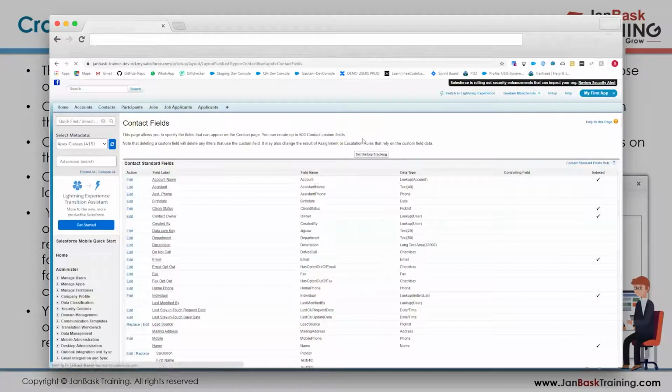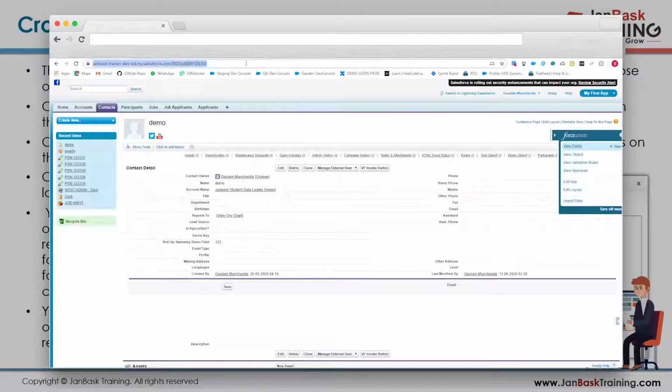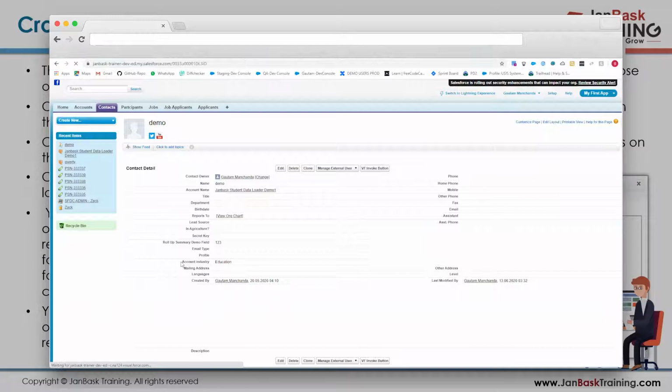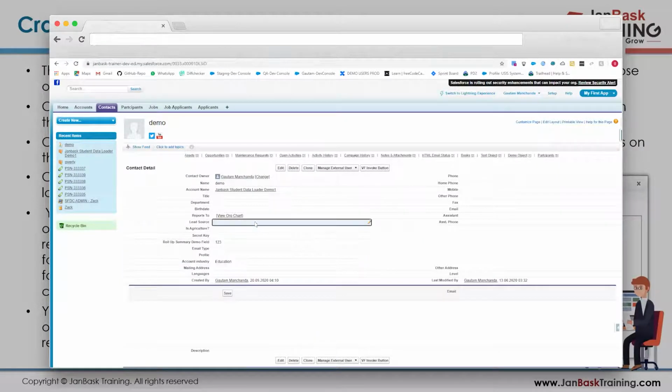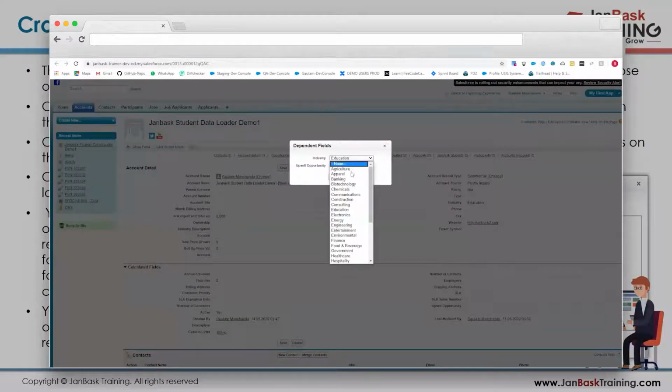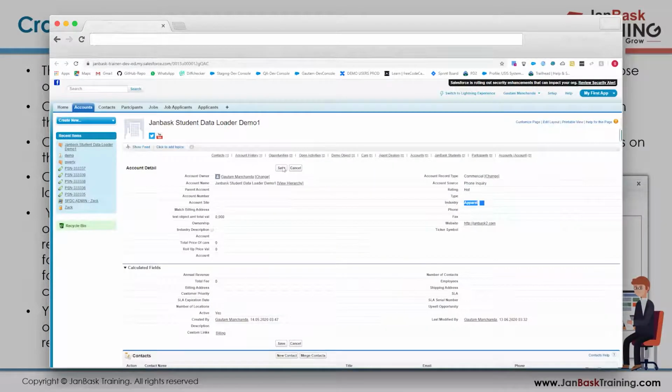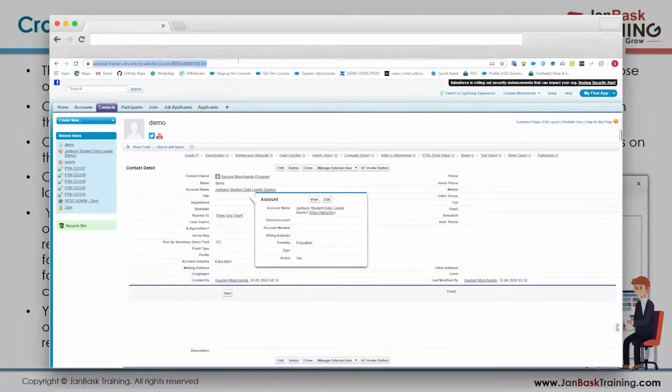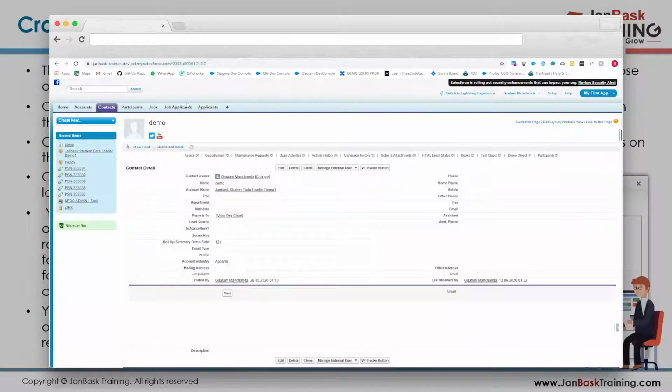So there is a short formula that we have written and a small field that we have created, which is called account industry. And as you can see over here, this field is listed down here, and whatever the industry I have chosen on this particular account, it will get displayed over here automatically. So if I change the industry over here to something else, for example, I change it to apparels, save, I come back over here, just refresh. You see the info on this particular field is also refreshed.